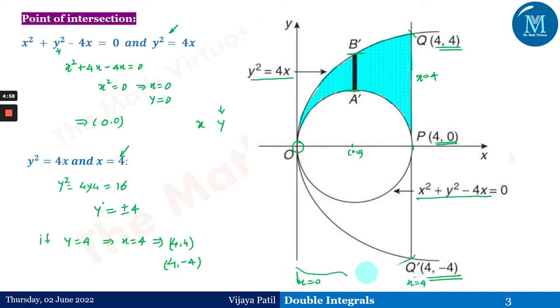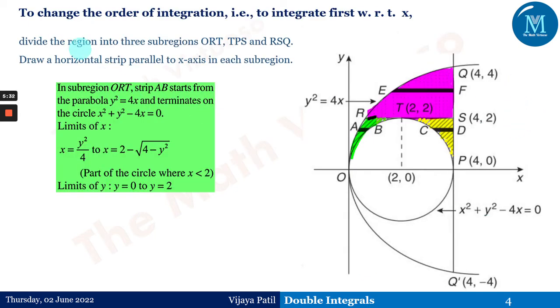So we can easily check that the region is lying somewhere here in this particular strip, and out of that the lower end is on the circle, the upper end is on the parabola. This region, which I have shaded in blue color, is the required region for this particular integral, or the given region for this integral. Now we have to change the order of integration. That means this particular strip is parallel to the y-axis. We have to make this strip parallel to the x-axis, and we have to check what would be the integral of that kind of figure.